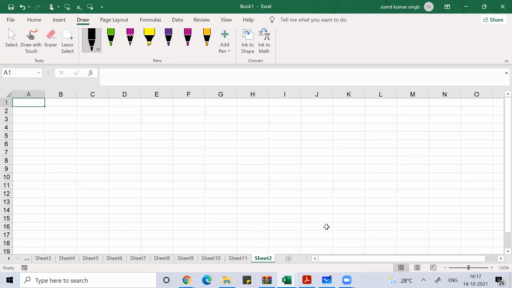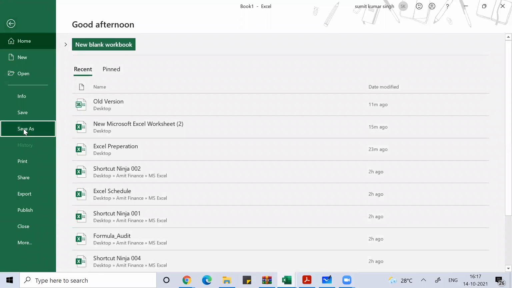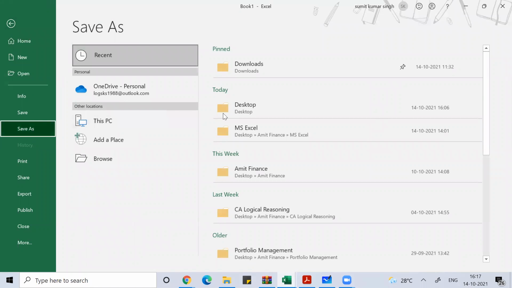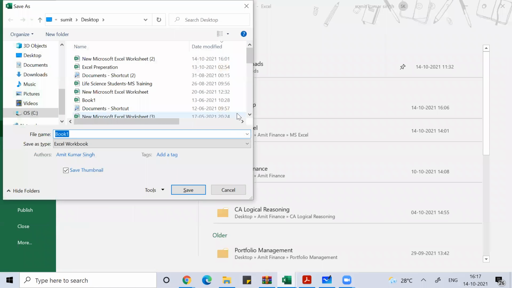Now, to save the workbook: I told you, whenever you open an Excel workbook, the first thing you should do is save that workbook. For that, you can go to File, under File go to Save As, and then choose the location where you want to save. By default, whenever you save, it will save as the type Excel Workbook.